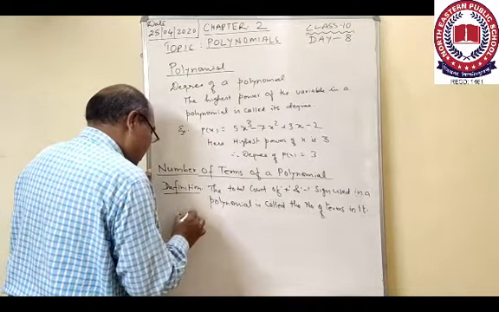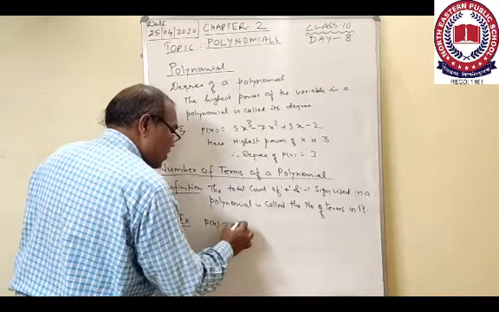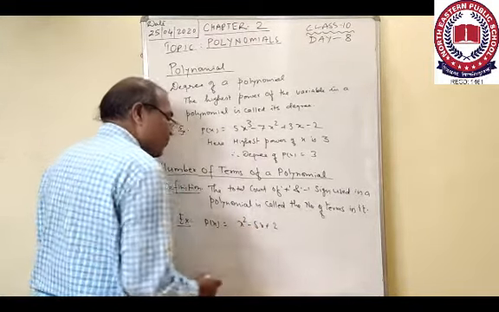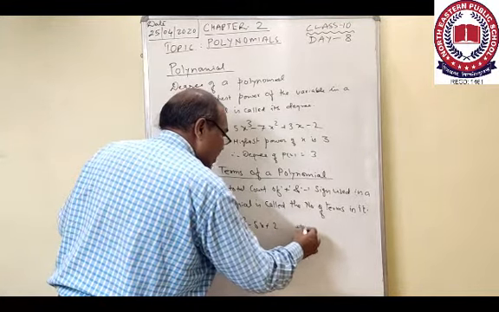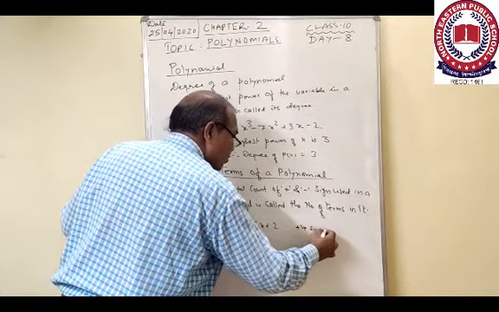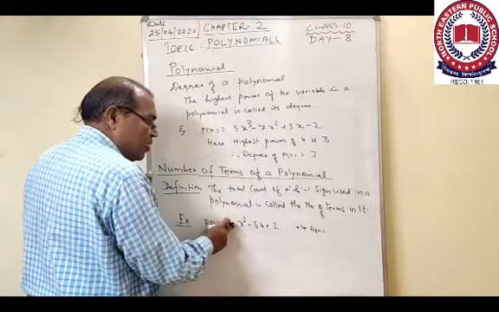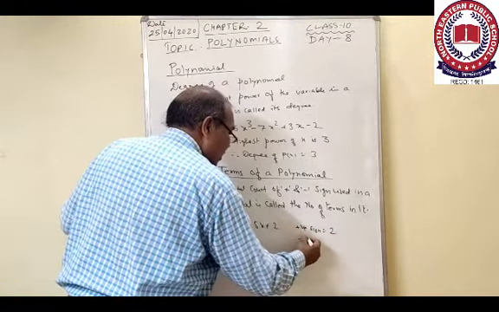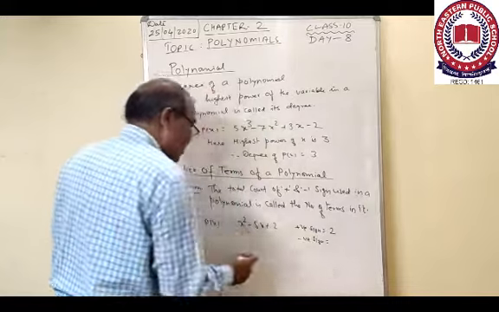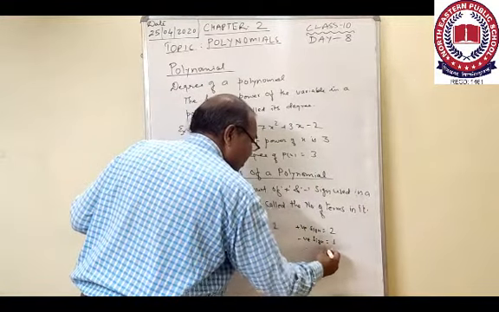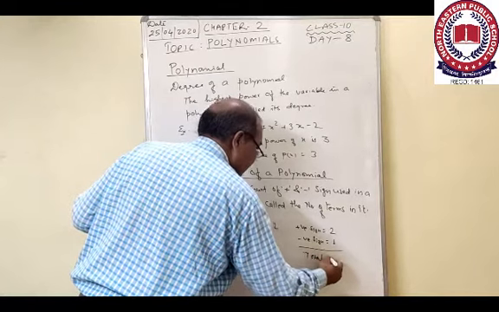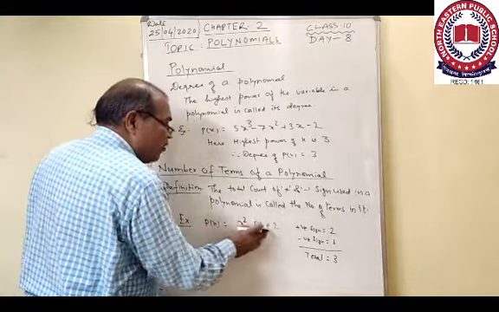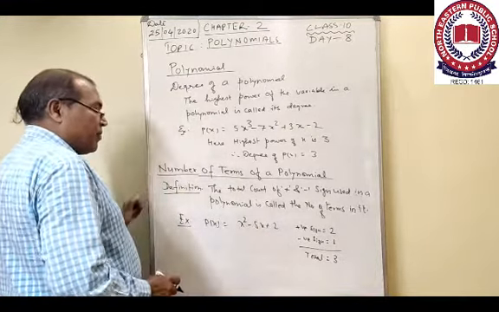Let us have an example here. P of x is x square minus 5x plus 2. Here, positive signs used: in the beginning no sign is there, which means plus, and one more plus sign is here. Number of positive signs is 2. Then the number of negative signs: here only the middle term has 1. Total number of signs is 3. So this polynomial has 3 terms.